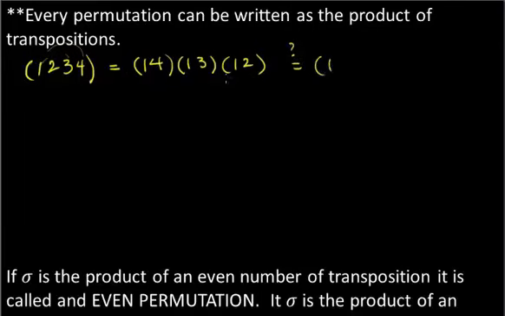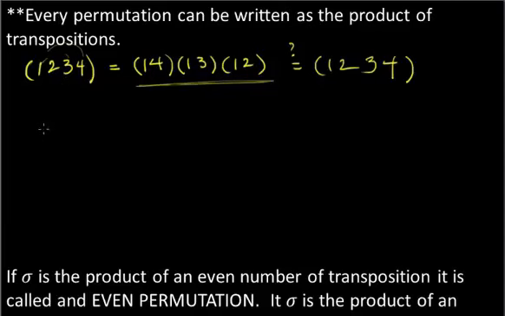Write down your 1. 1 goes to 2, 2 is fixed the rest of the way. 2 goes to 1 and 1 goes to 3, 3 is fixed. 3 goes to 1 and 1 goes to 4, 4 goes to 1. So you see? And if this is written as an odd number of transpositions,